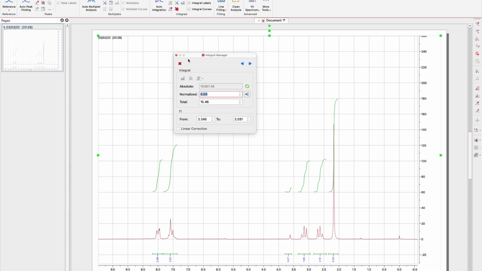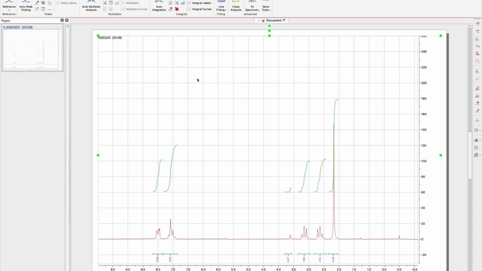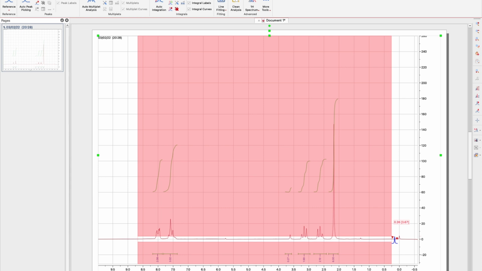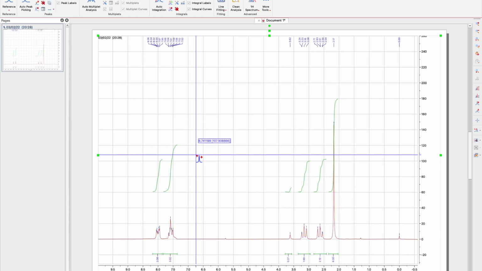Now I have that. So I'm pretty much finished. All I gotta do is pick my peaks. I type K, and then I'm just going to do this right here, and now the integration should show right there. I'm ready to print this out,